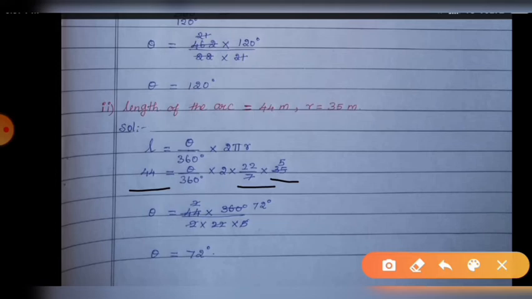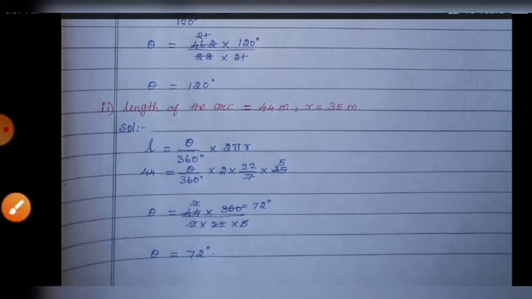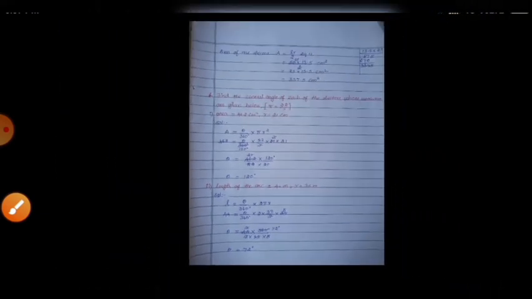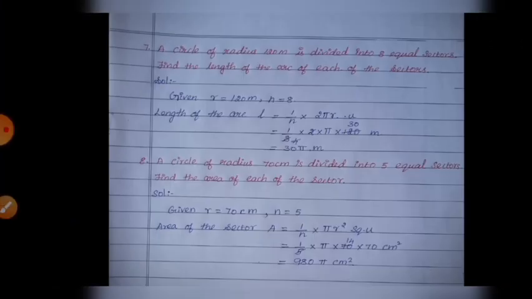Theta is equal to, just transposing to the left side, 44 into 360 degree divided by 2 into 22 into 5. Here using the 22 table, this is 2 times and the 2s get cancelled. Remaining is 360 degree divided by 5. Using the 5th table, 7 5s are 35, remainder 1 carries, 2 5s are 10. That is 72 degree. Theta is equal to 72 degree.